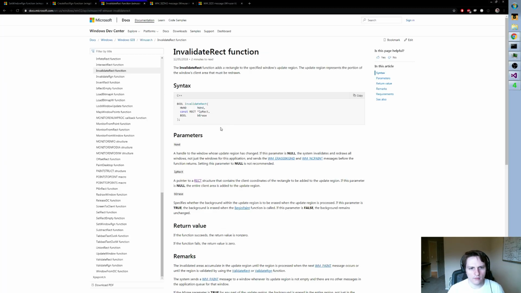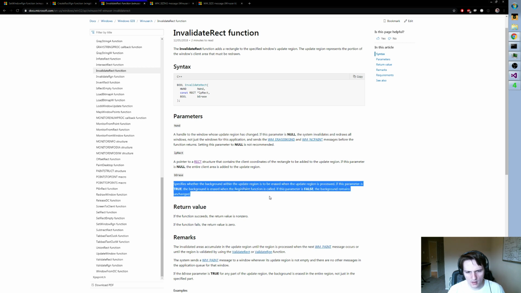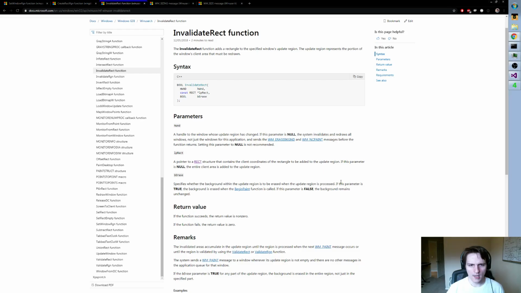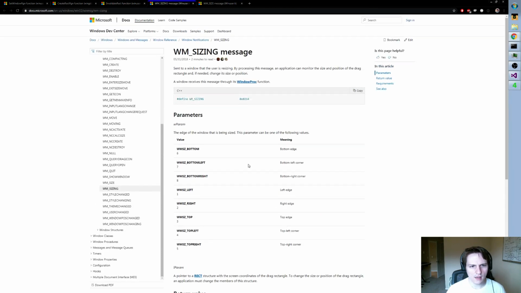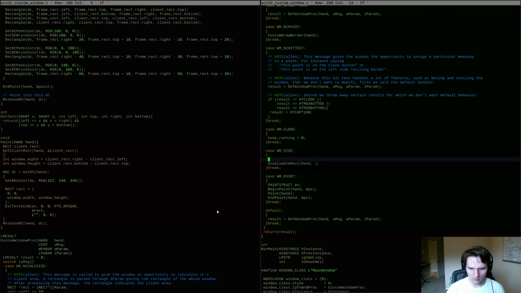And the InvalidateRect function takes a rectangle pointer, bErase. Specifies whether the background within the update region is to be erased when the update region is processed. If this parameter is true, the background is erased when the BeginPaint function is called. Alright, I'm going to leave that false and let my whole process do all the painting. HWND, sizing here says that lParam is a rect, so